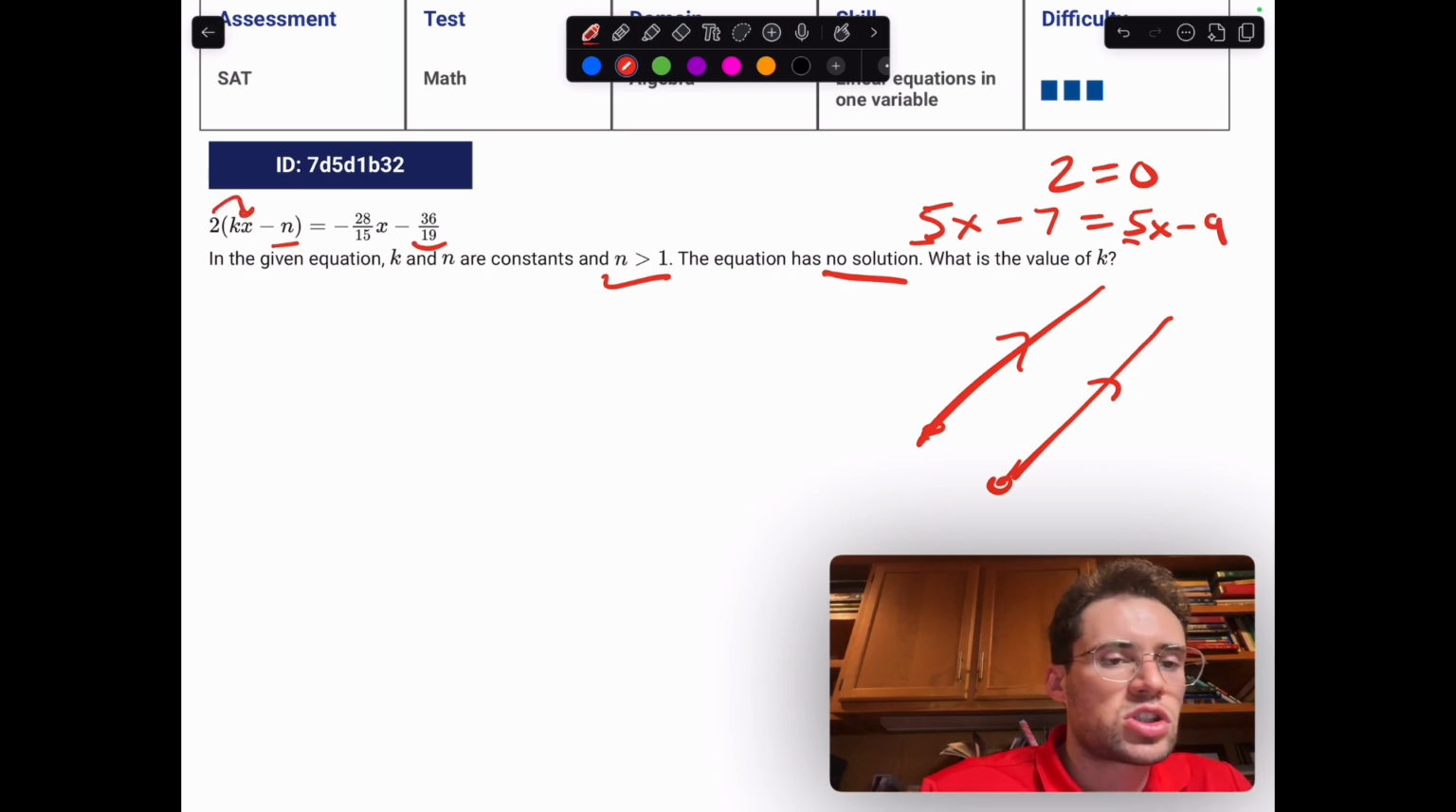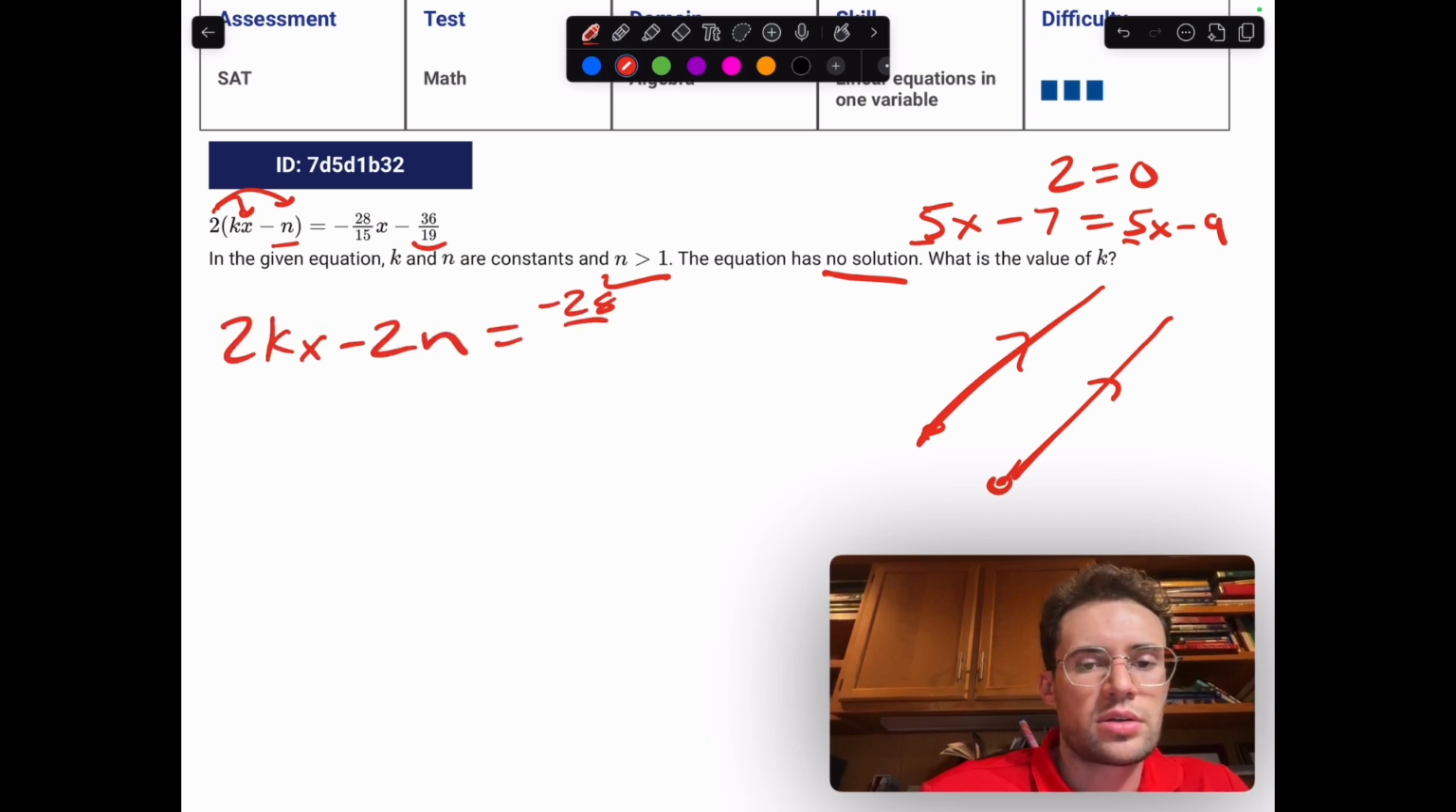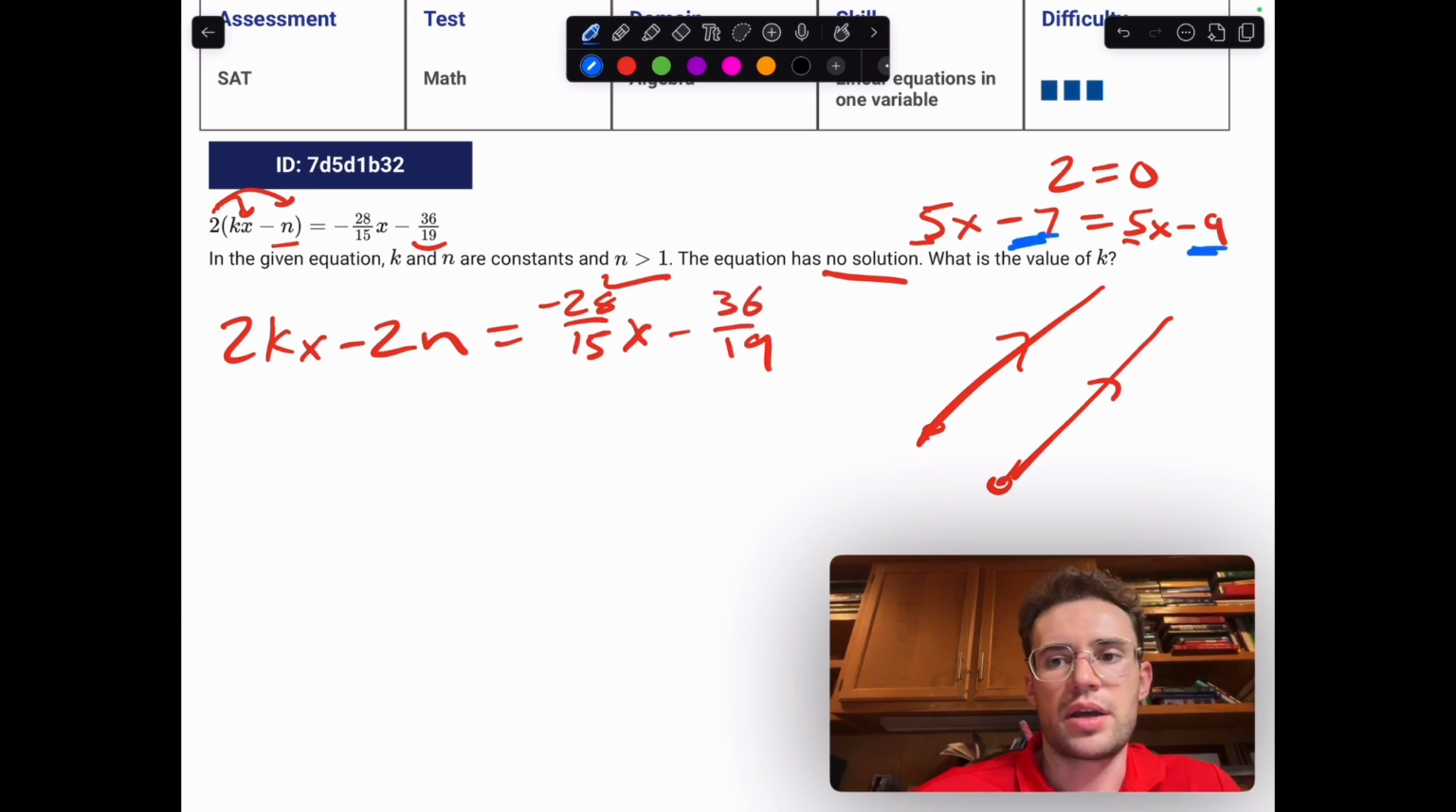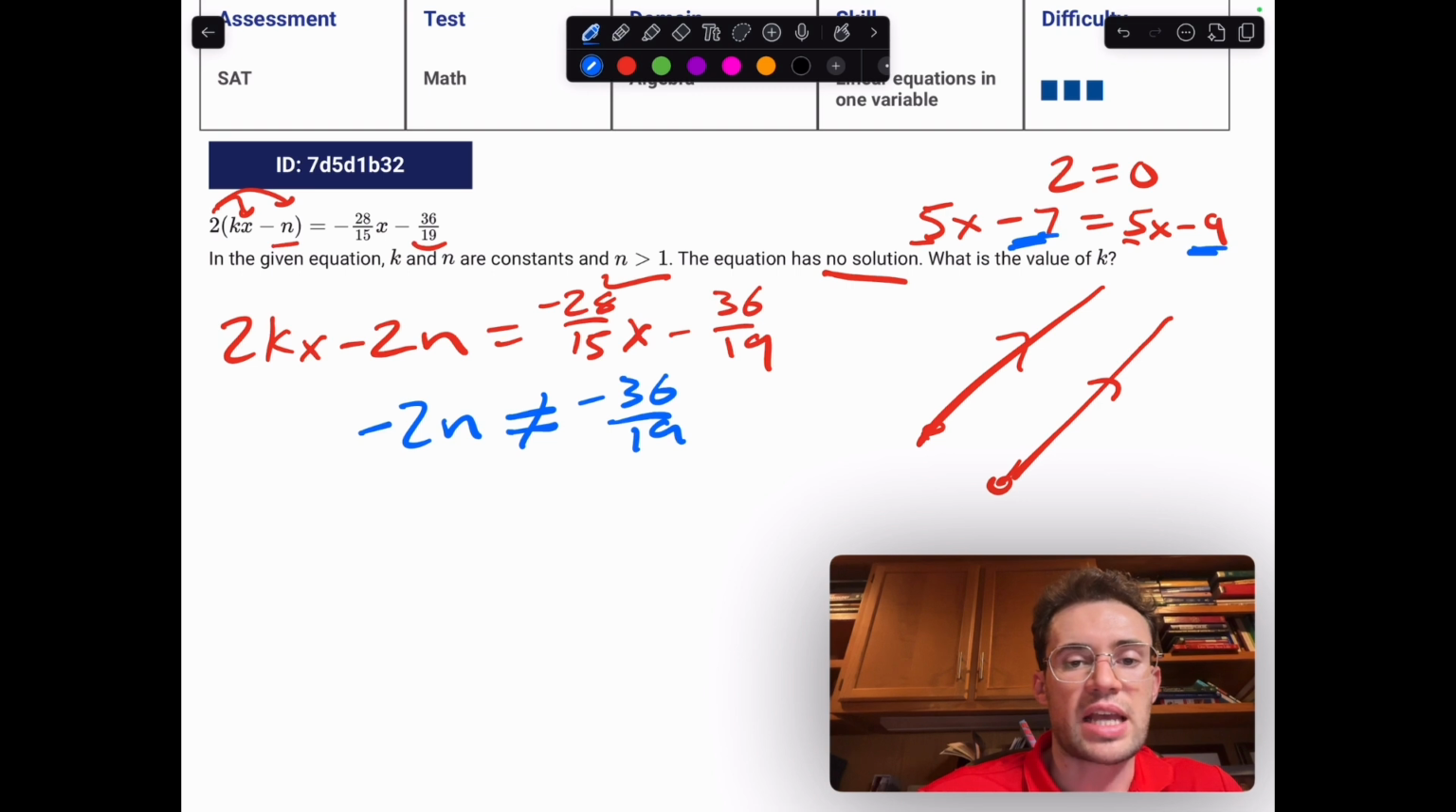So if we distribute this 2, we get 2kx minus 2n, then negative 28 over 15x minus 36 over 19. So we already established this part, the constant being different. Negative 2n is never going to be equal to negative 36 over 19 because n is greater than 1. So that part checked. Now, the other part we need is the coefficients need to be the same for the